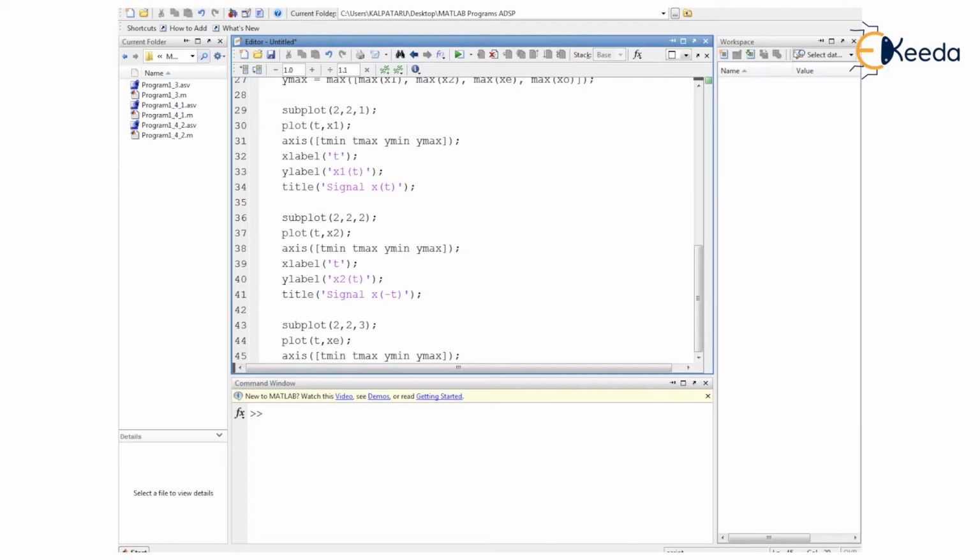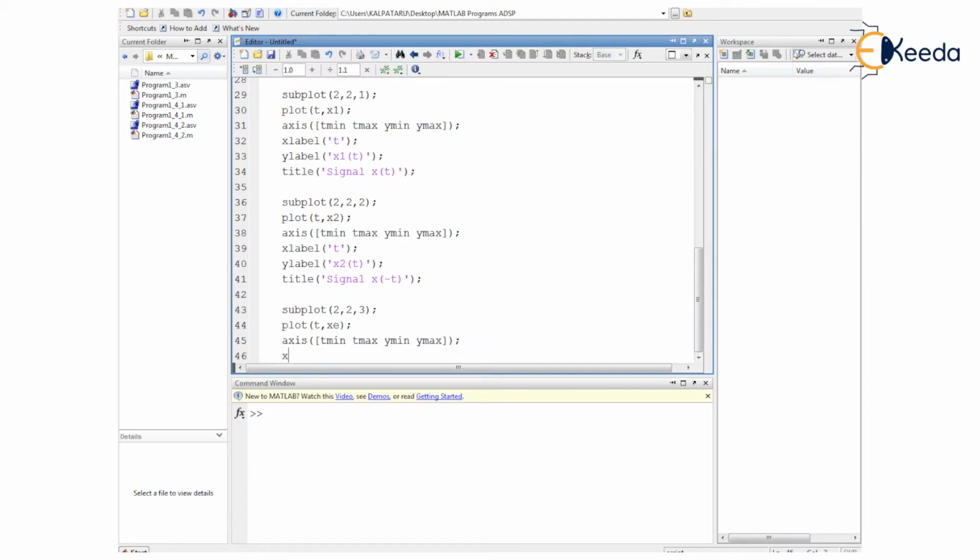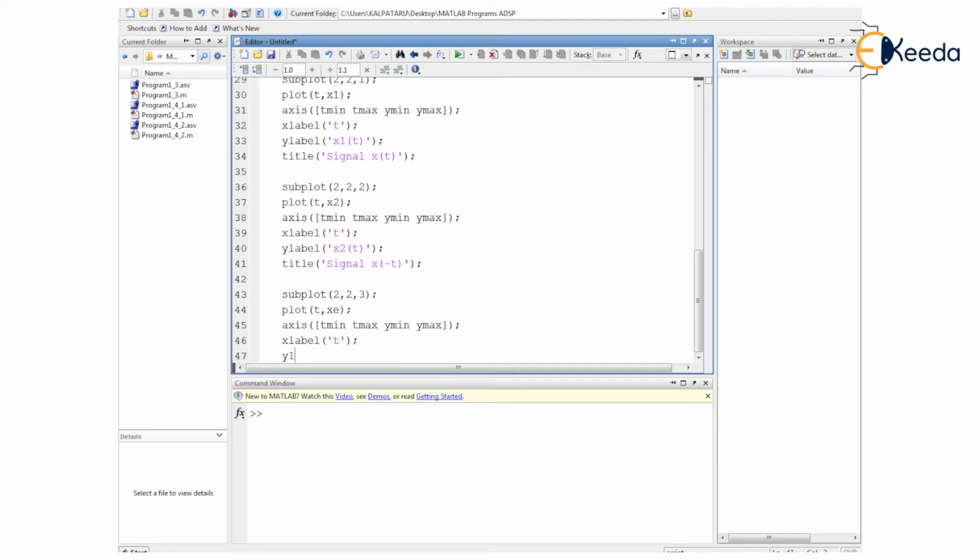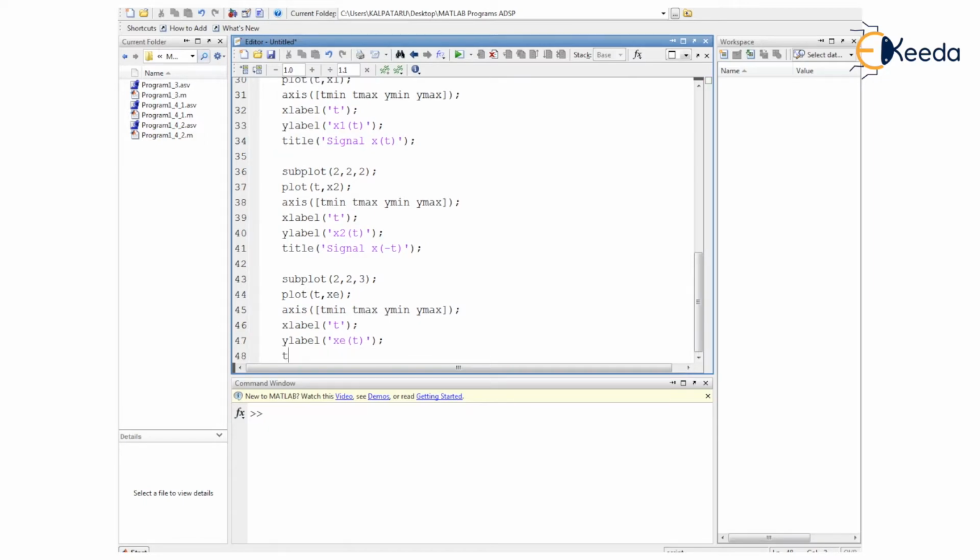Ending this with a semicolon, then xlabel, there it is t as a continuous time parameter, then labeling the next axis. Here it will be xe of t, the continuous time domain representation of the signal, and then we shall be providing a title to it.